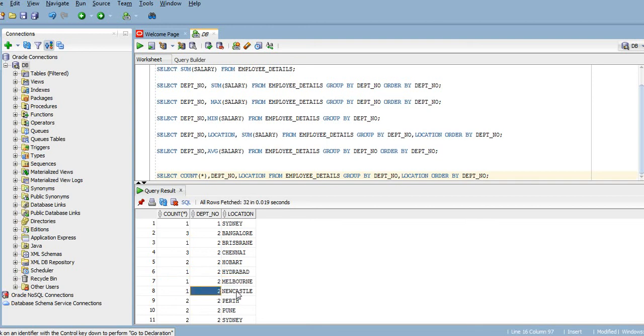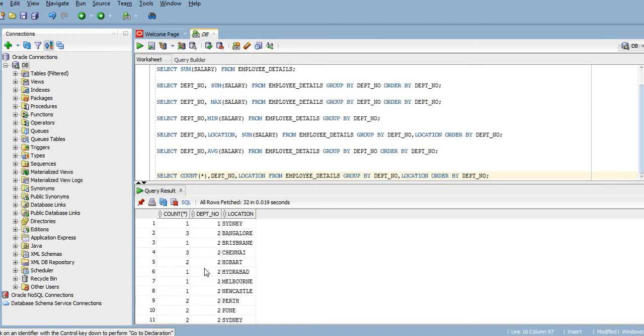For department 2 location Newcastle, 1. For Perth for department 2 it is 2. For department 2 for Pune the count is 2. For department 2 for location Sydney the number of employees are 2. Again like that, for department 3 for Bangalore location the number of employees are 2. Like that all the number of employees working in this company based on department number, based on location, the count has been provided.